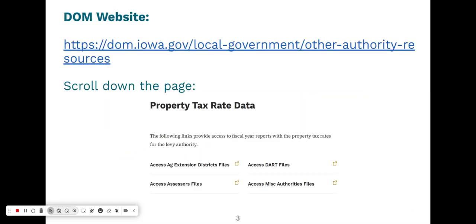What I'm going to do is provide some general information about the budget itself, some of the statutory references regarding what can be levied for in property tax, etc., and then also how to complete the forms using the online software. First of all, in order to access information regarding property tax rate information and the budget forms themselves, you